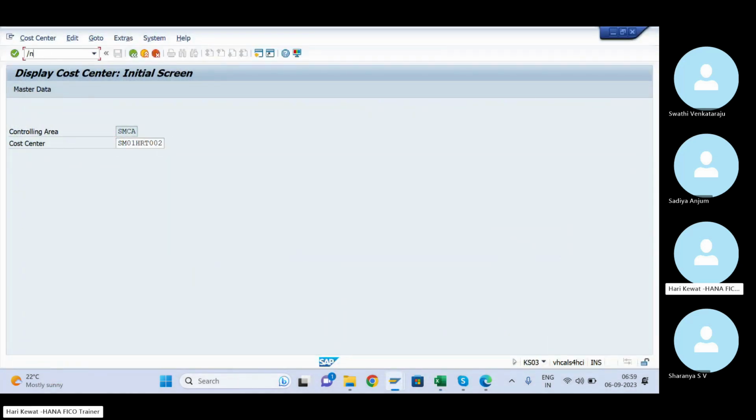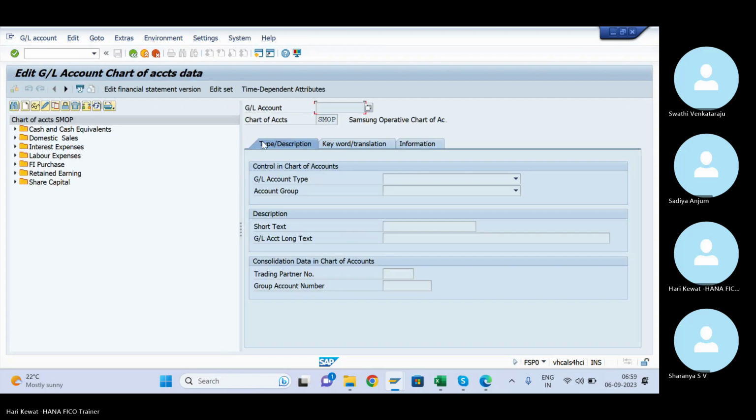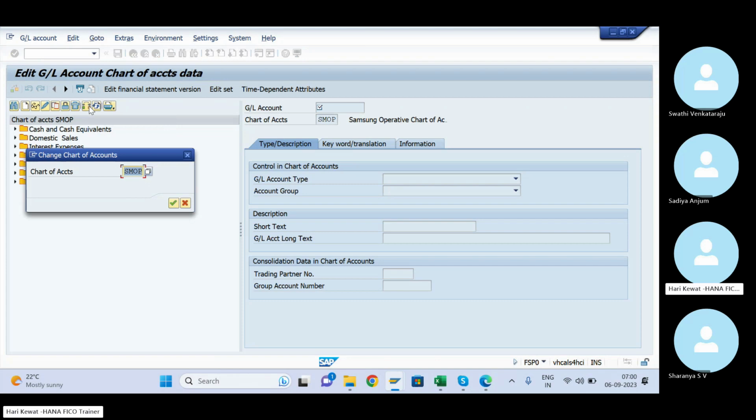Slash n, first create your country specific GL. What is the country specific chart of account we have created? SM, CA.